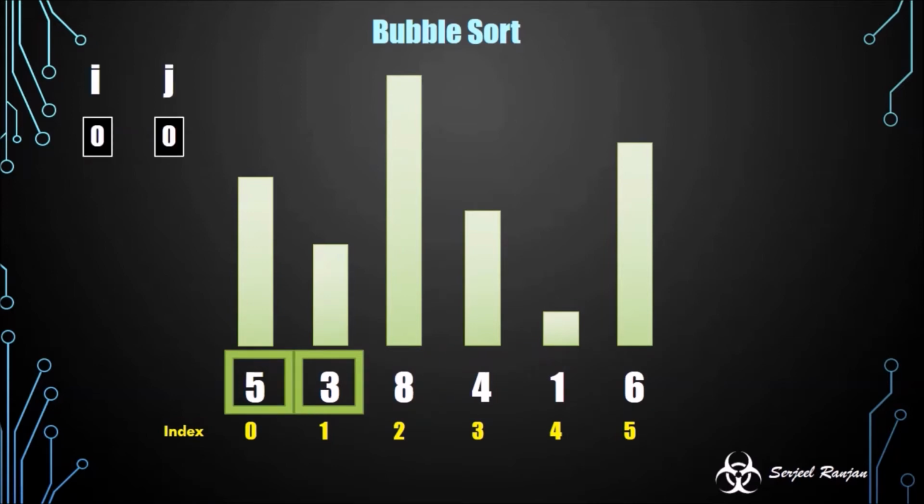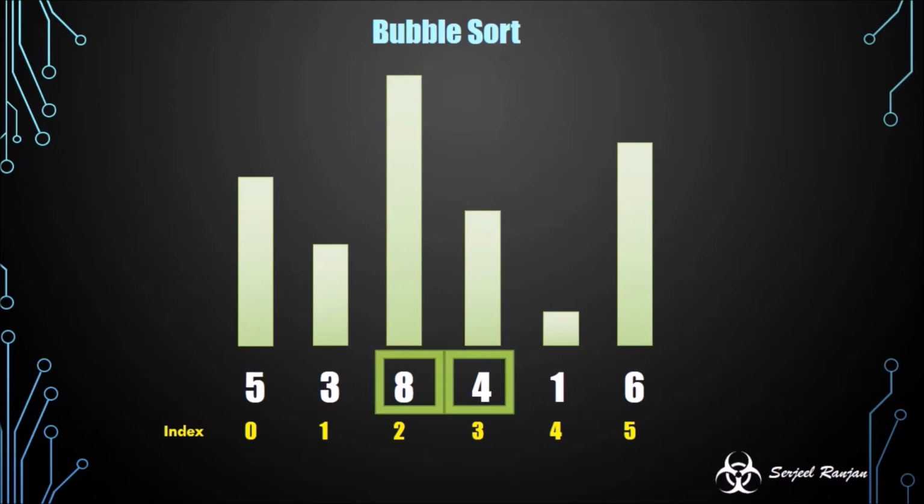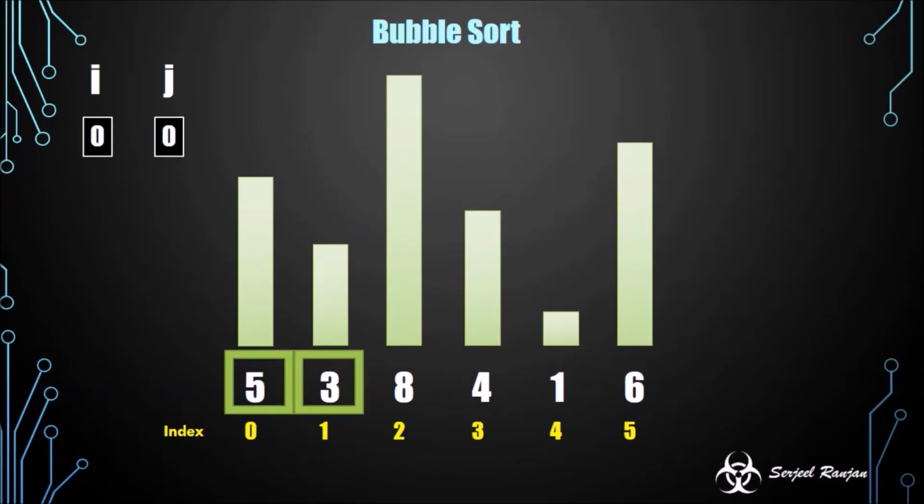Apart from this window, I'll also be maintaining two variables, i and j, which will help us develop the logic of the program further. The value of i denotes how many times this window has traversed over this array, and the value of j signifies the current position of this window. For example, you can see the i value is 0. This means the window has not even completed a single traversal over this array, and j is 0 because our window is currently at the 0th index.